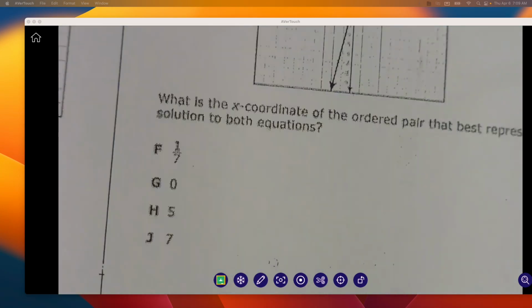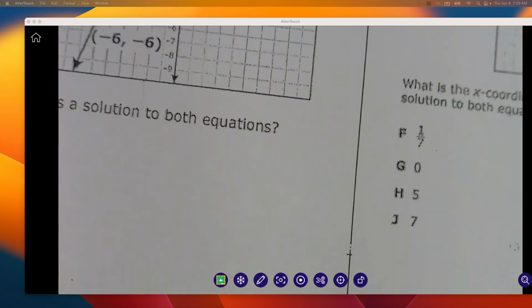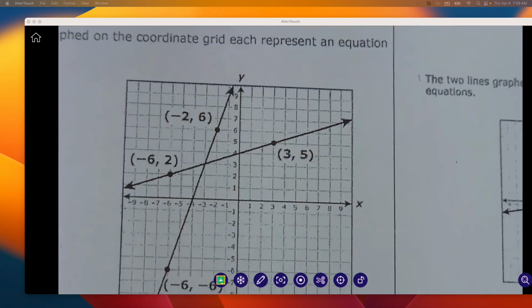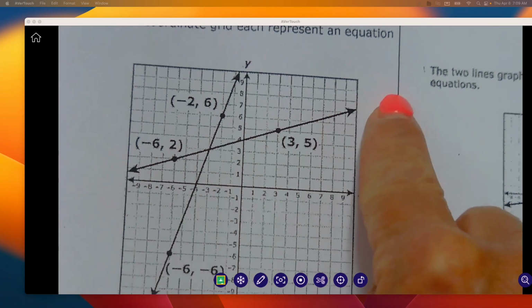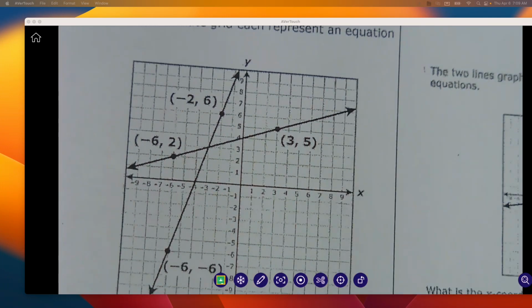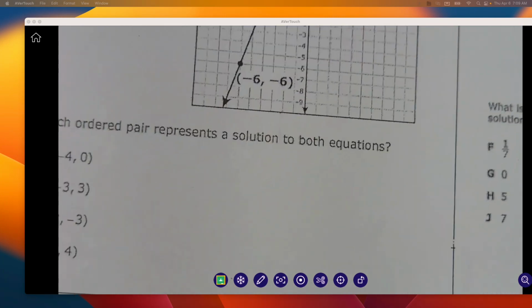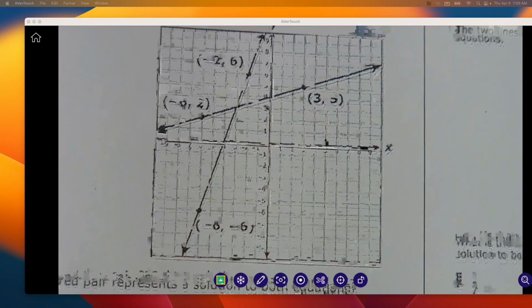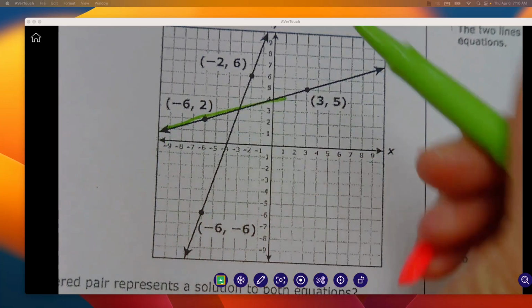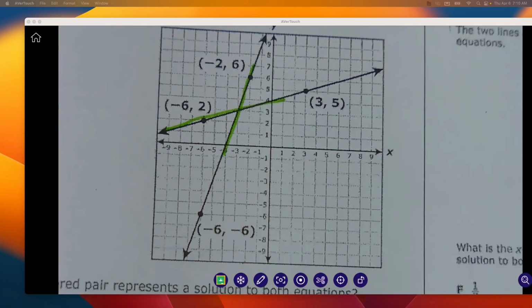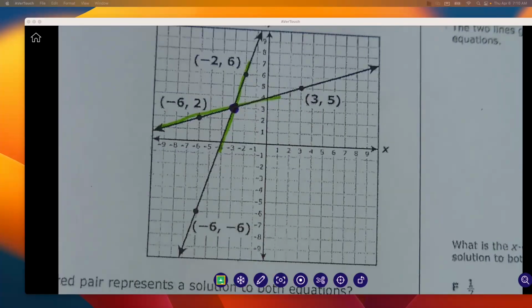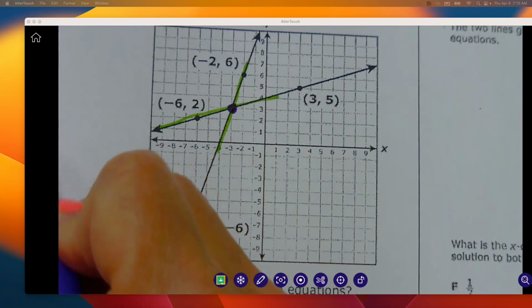Okay. Now the last thing we're going to look at is system of equations. Guys, this should be pretty easy. Okay. Because all you're doing is you're looking at these two lines that represent an equation, and you're wanting to know which one is the solution. So guys, the question is asking, which ordered pair is a solution to both equations? So all you are looking at is you've got this line that represents an equation, this line that represents an equation, and all you're doing is you're looking to see where they cross, where they meet, okay? And you're writing that ordered pair,